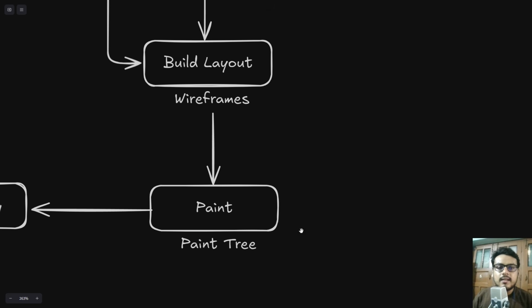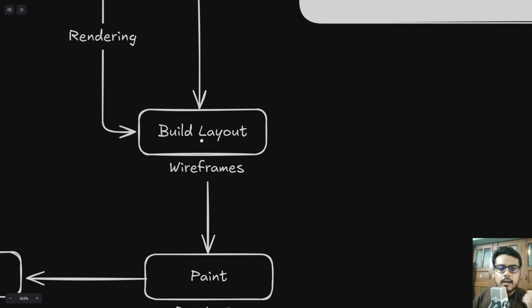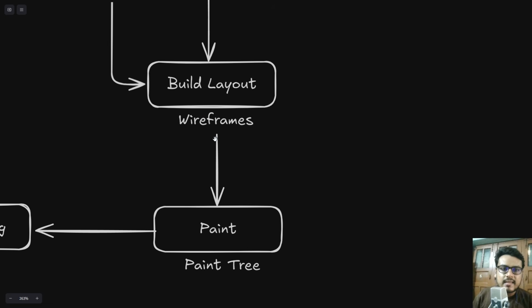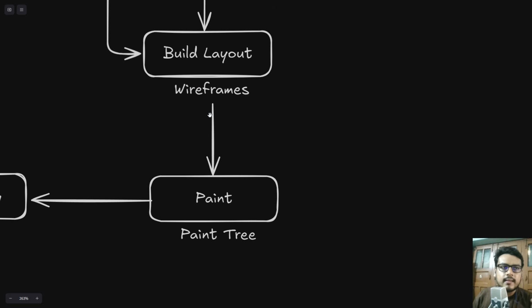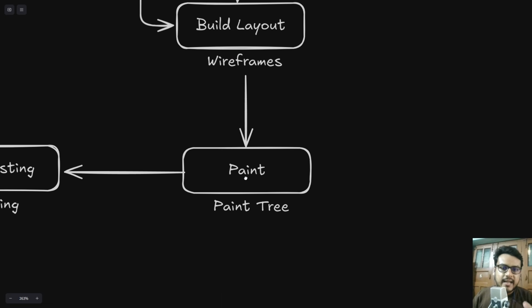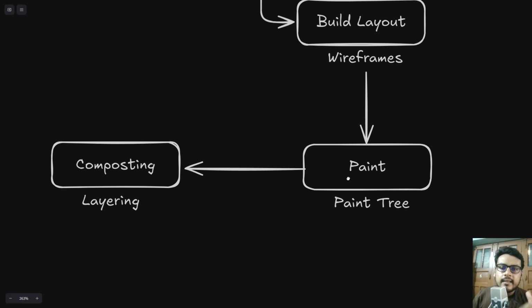This is the part where you start seeing the items visually on the screen, and this is called the paint step or paint tree, you can say. So earlier we built the layout, built the wireframes, and we filled those wireframes with some colors, which is called painting. And in the next step, imagine there is a website which opens up a modal when you click, or some